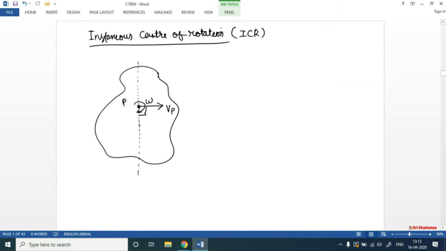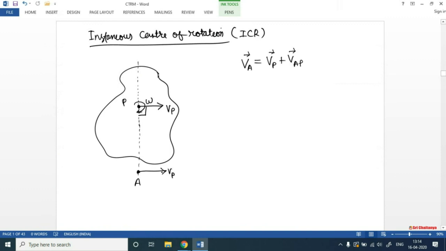Somewhere on this line we will have some point, let's say A. We will be able to write down the velocity of point A, as we have learned how to write velocities. You can use this formula: velocity of point A is the vector sum of velocity of point P plus velocity of point A with respect to point P. This expression we can use. So velocity of point P is Vp,